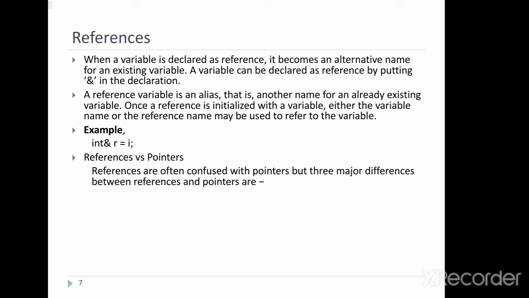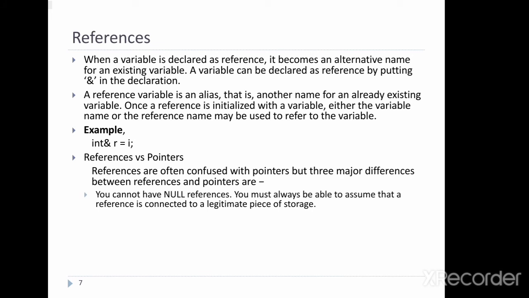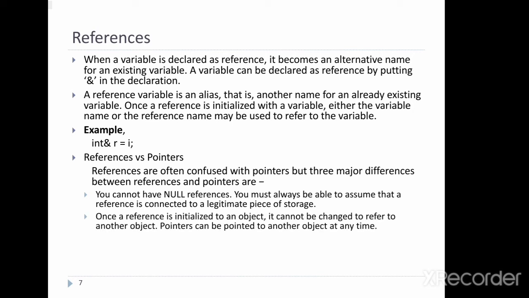So references versus pointers, here are the differences between references and pointers. References are often confused with pointers, but 3 major differences between references and pointers are: you cannot have a null reference. OK, you cannot have a null reference. You must always be able to assume that a reference is connected to a piece of storage.